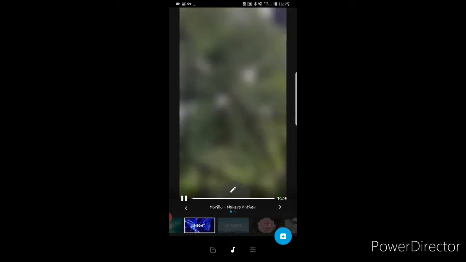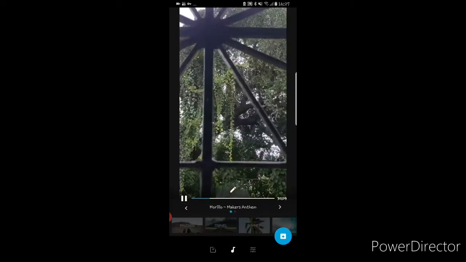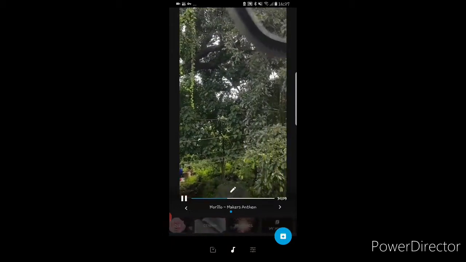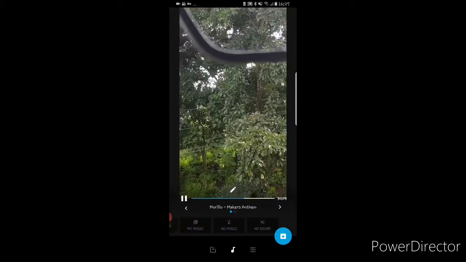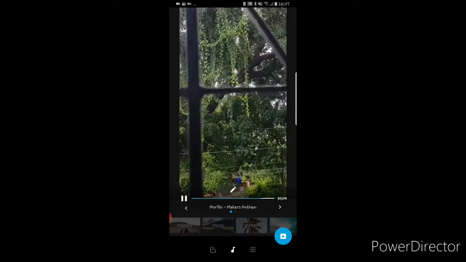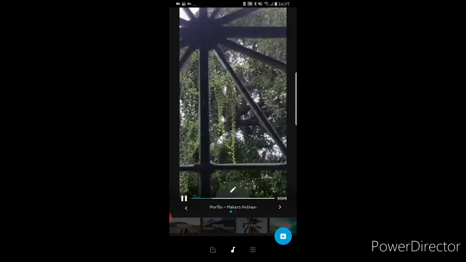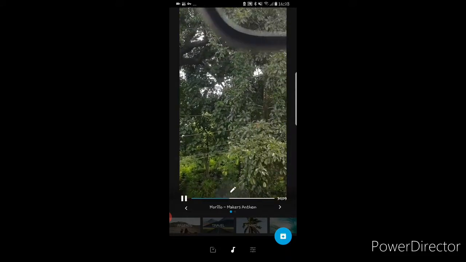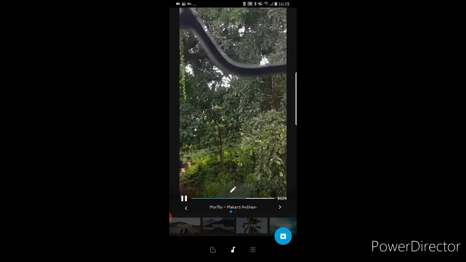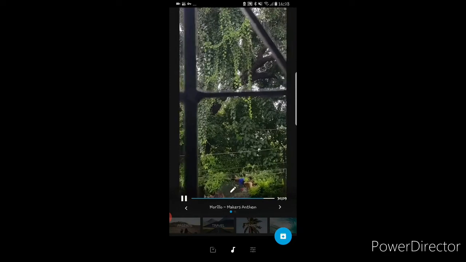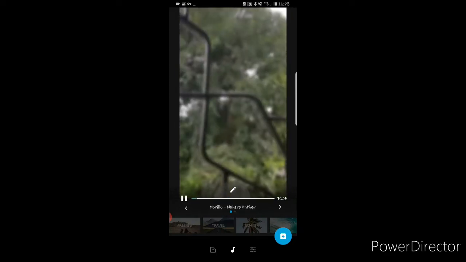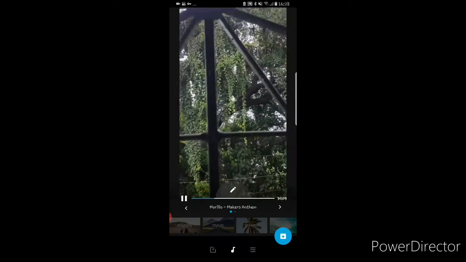Then music, this is about the music. The music logo which is there, once you click there, you get a number of music options. You can select whichever you want. You can also add your music from your gallery as well, but it depends on where you have downloaded the music from. Because if you're uploading it on YouTube, there might be certain restrictions, so it's better to use the music which is given by this app.